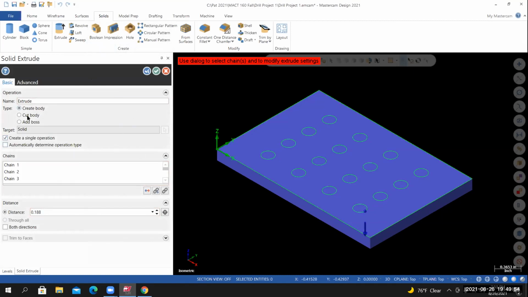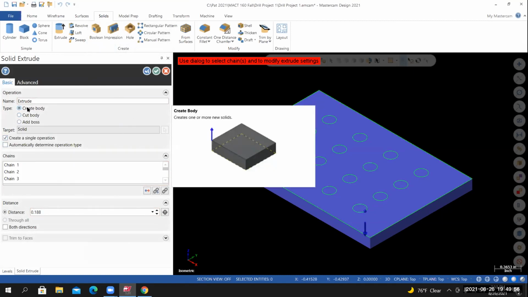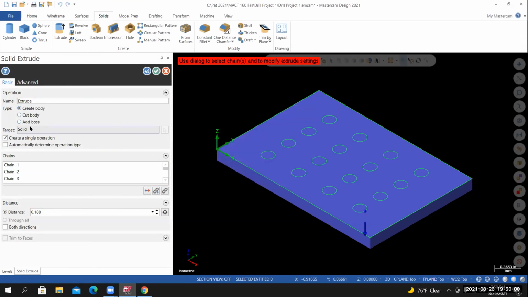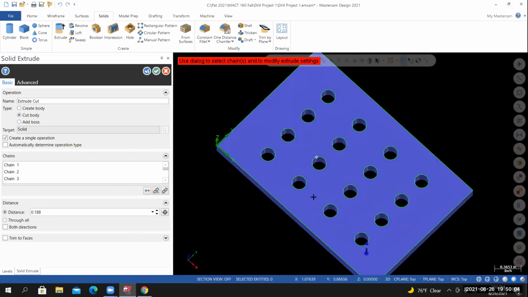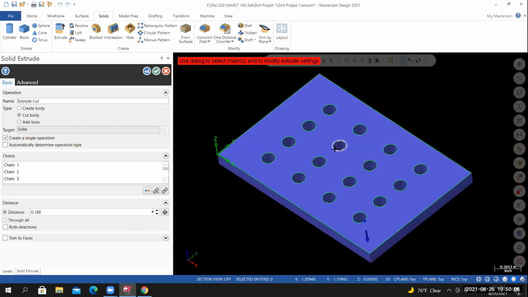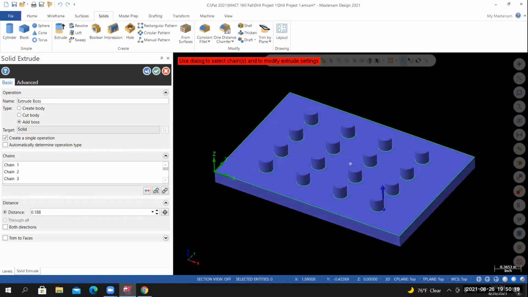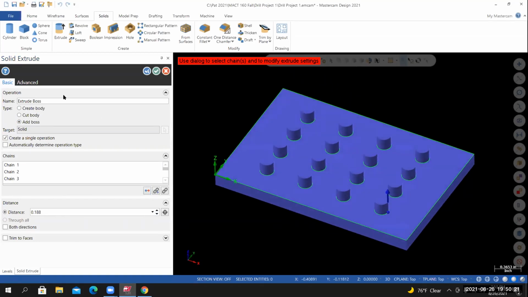When we created our base feature, we used create body. That was the only option available to us. This time, we're going to use cut body. And when we use cut body, you see it cut the holes through the part. You could also use add boss. If I use the add boss, then flip the direction, we get something like this going on. But that's not what this part is calling for. So I select cut body,